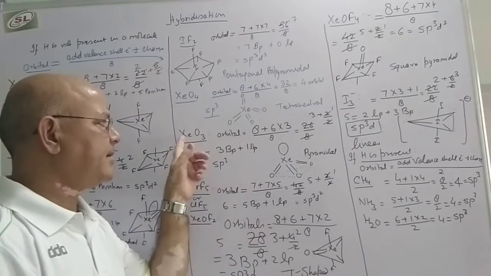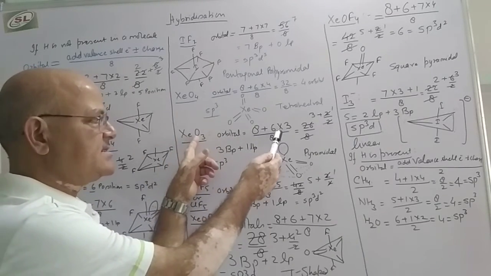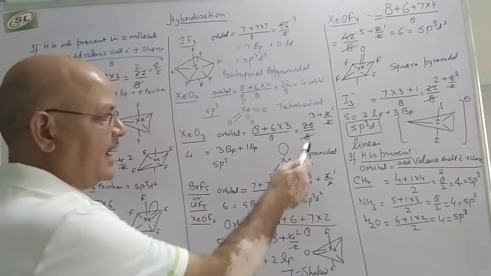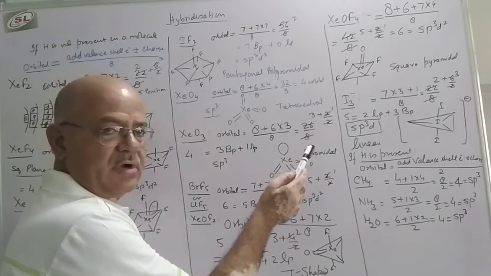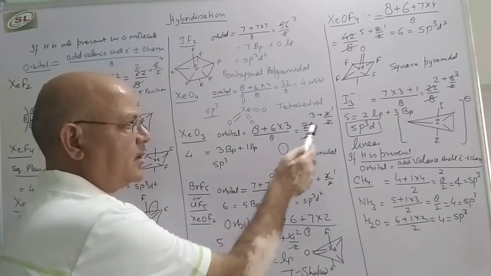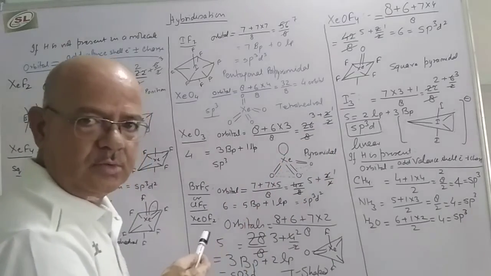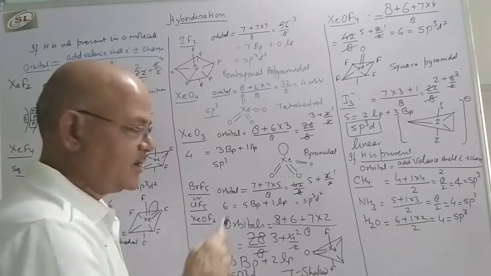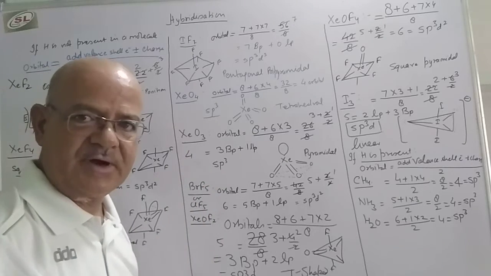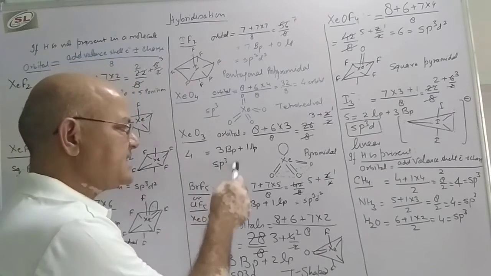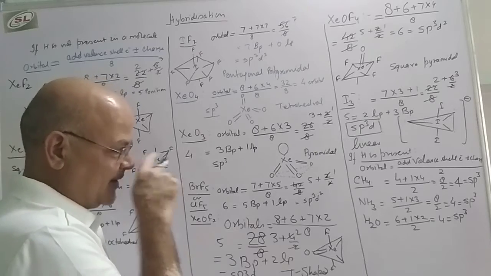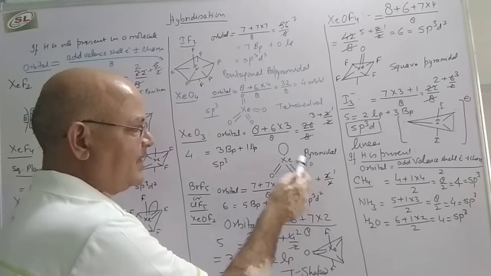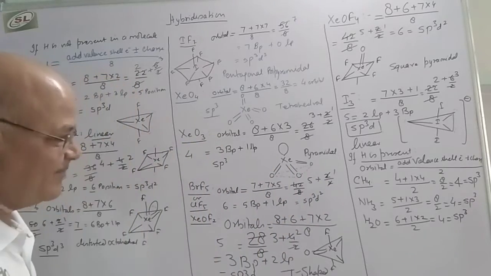Orbitals, if you calculate, 8 in Xe, 6 electrons in oxygen. So it will come 26 by 8. 8 3s are 24. These are 3 bond pairs. The remainder 2 is divided by 2, so we will get 1. 1 lone pair is there. A total of 4 positions, 4 orbitals will take part. sp3 will be the hybridization. And the geometry will be just like ammonia. 3 oxygens will be double bonded and 1 will be the lone pair.